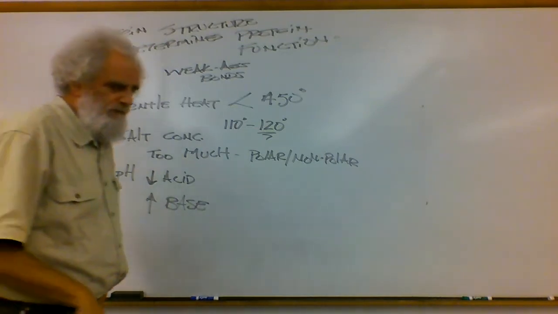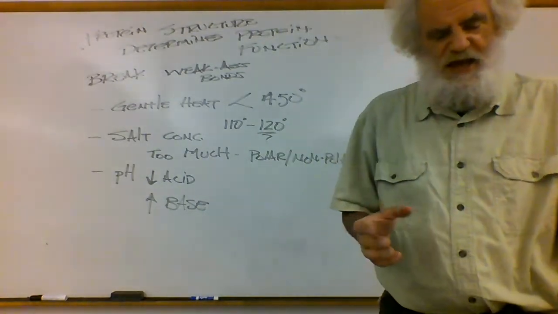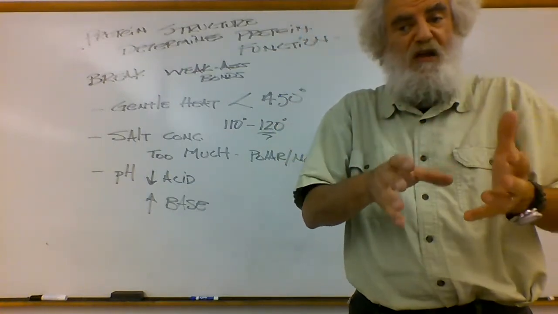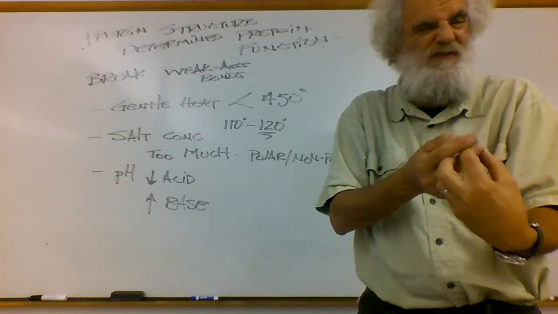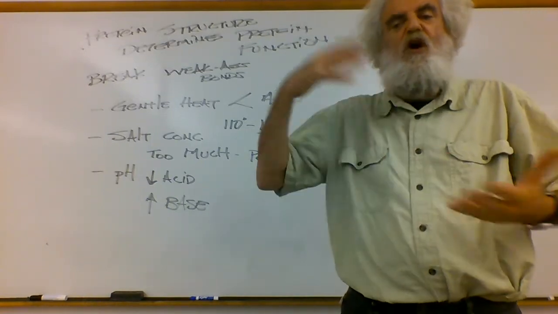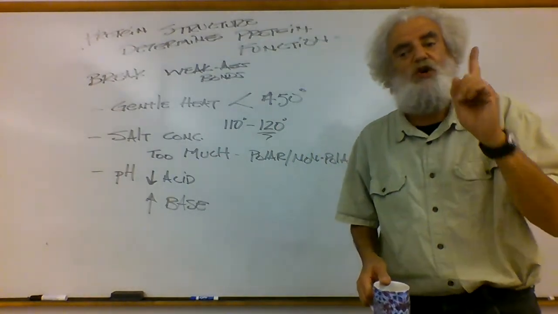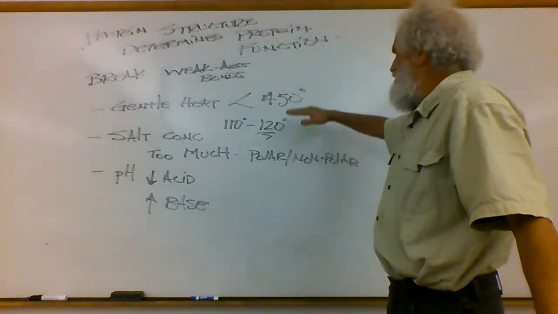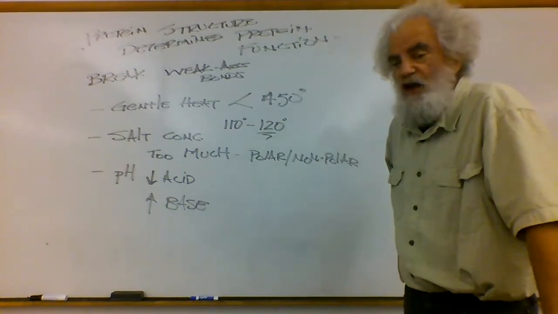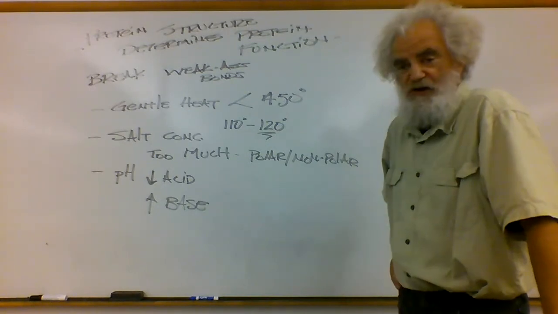Now, another aspect of protein structure and function that I'll just throw in is that sometimes rather than breaking weak-ass bonds, if you chill stuff down, you can allow non-standard hydrogen bonds to form. You can kind of jam stuff up that way too, but usually that's not going to do it. Heating up and more harsh conditions typically are what are going to do it. But let's think about this now in terms of cooking. Pretty much when you're heating stuff up, you're baking, you're cooking your meats and things, unless you're getting a char on there, you're under the levels of moderately gentle heat.